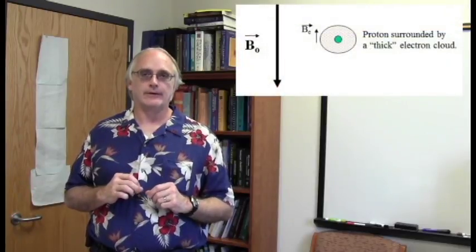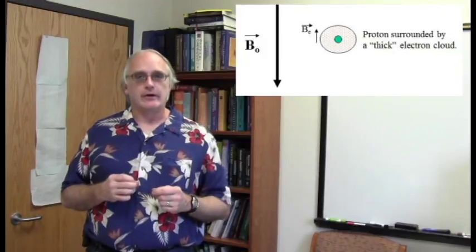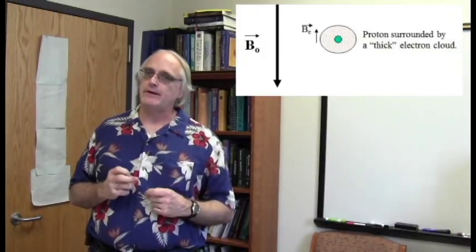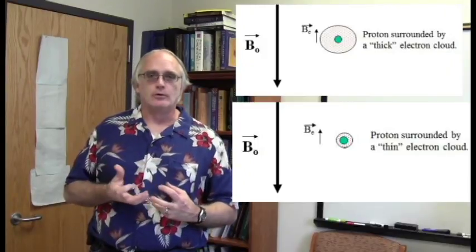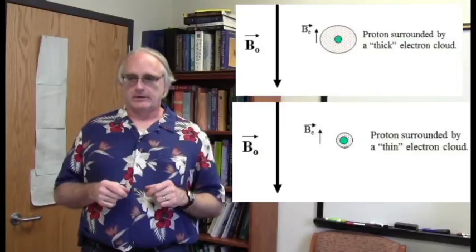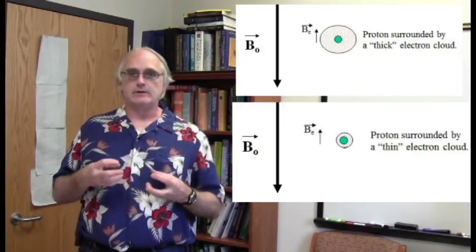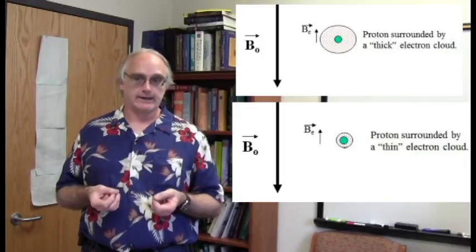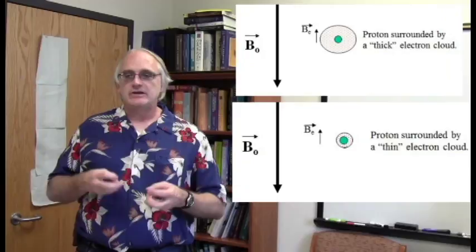Some nuclei have thick electron clouds around them because they may be distant from any electronegative atoms. Some nuclei may have relatively thin electron clouds around them, with some of the electron density pulled away by electronegative atoms. Since the electron cloud decreases by a tiny bit the strength of B naught, the big honkin' external magnetic field, we often will say the electron clouds shield the